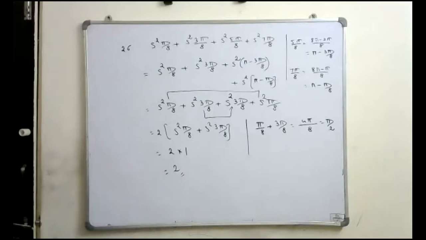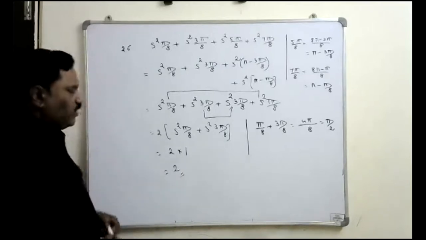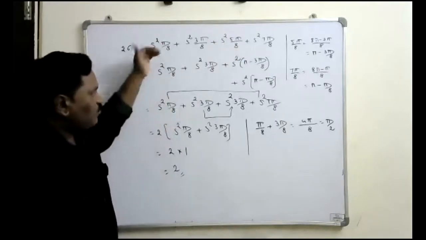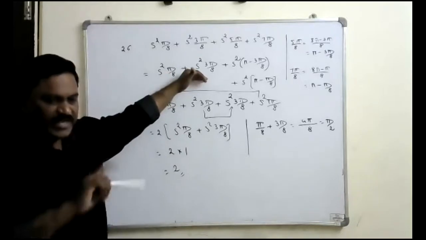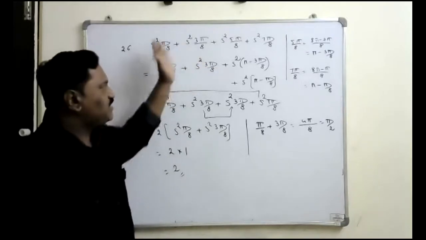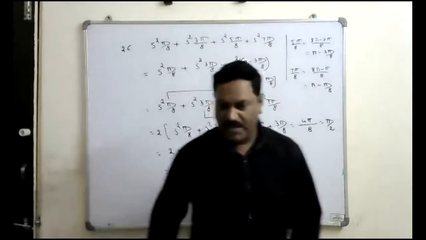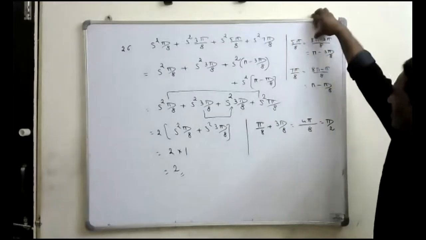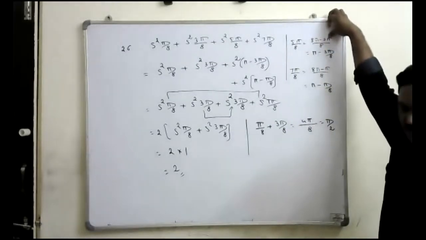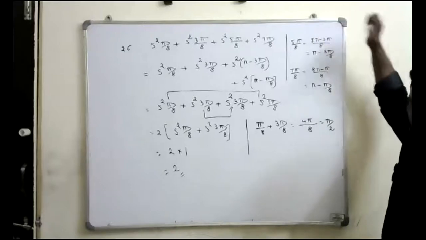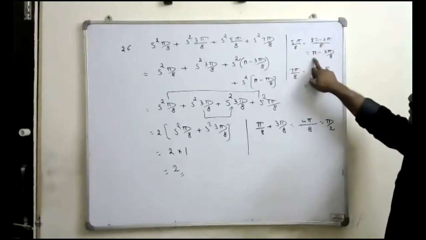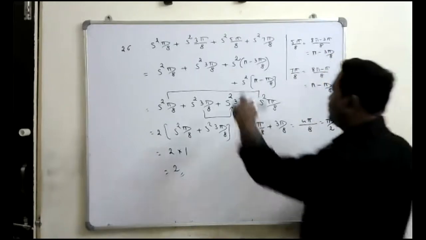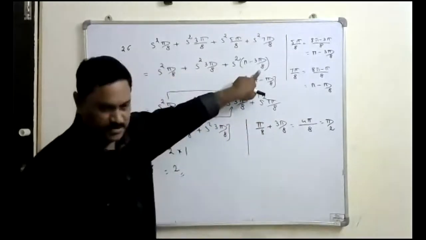Sir, explain one more time. Okay. Actually, whenever we have different angles like that, write down the smaller angle as it is. Express the bigger angle in terms of the smaller angle. Here the first bigger angle is 5 pi by 8. So this 5 pi, we can write as 8 pi minus 3 pi. 8 minus 3 is 5 only. 8 pi minus 3 pi by 8, you can write it. If you split it, 8 pi by 8, which is pi, minus 3 pi by 8. Like that, you can express this 5 pi by 8.